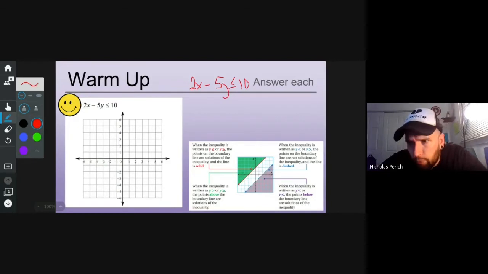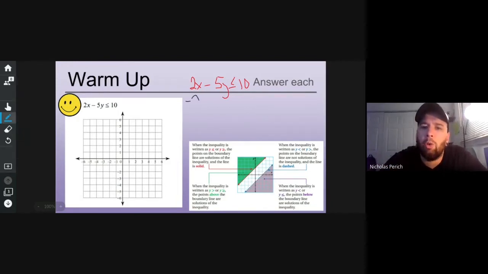Okay. So that's the original problem. What we have is something that's not solved for y, so I have to solve it for y. What do I do first? Well, let's get rid of the 2x. We're going to subtract 2x from both sides. By doing that, that crosses out. I can drop down the 5y